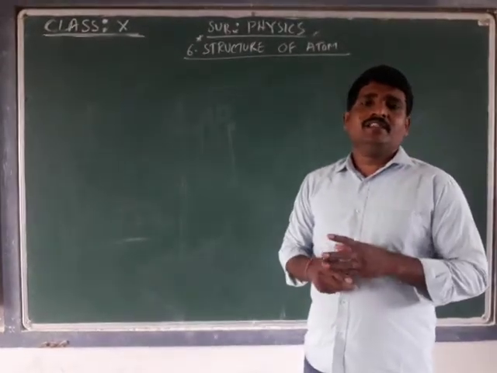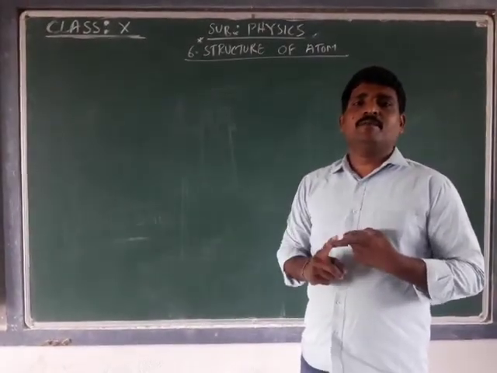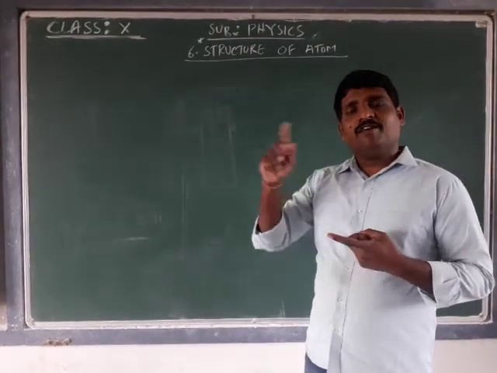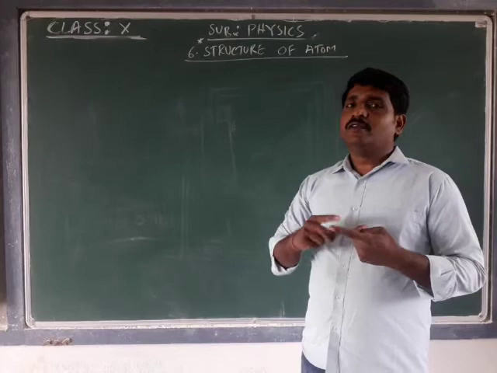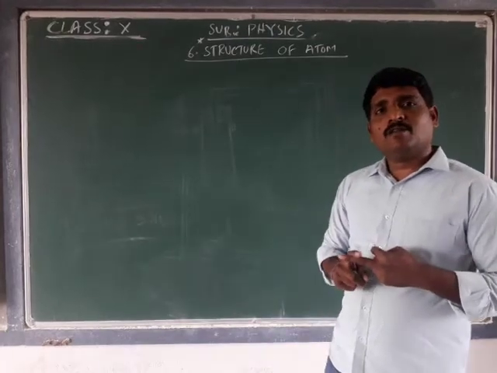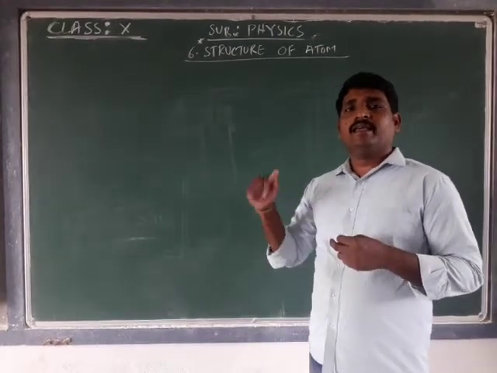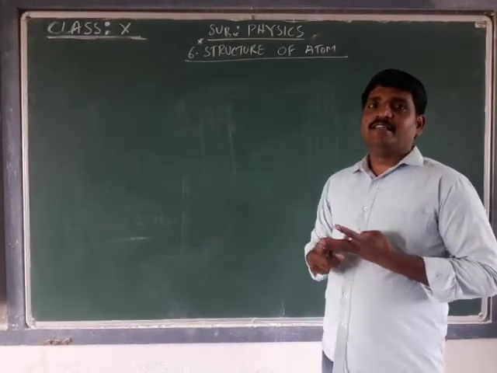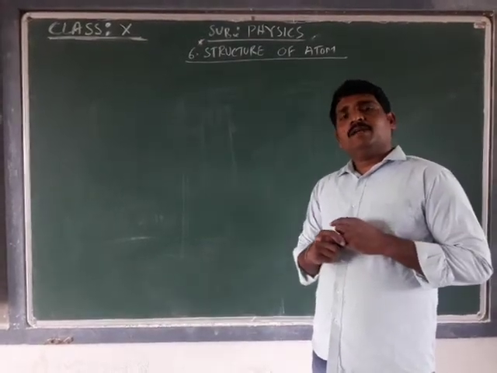In that discussion, we have discussed the principal quantum number, which gives the reference to the main shell and is denoted by n. The angular momentum quantum number, referred to by L, gives the information about the subshells. And in the last session we were discussing the magnetic quantum number.